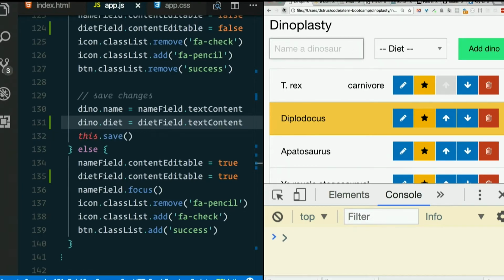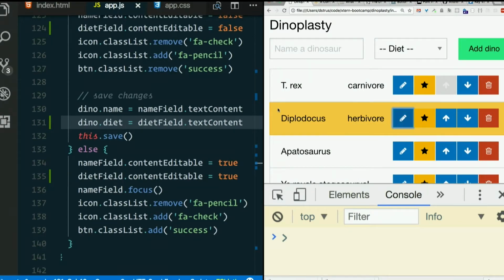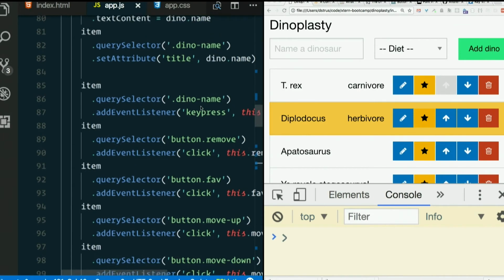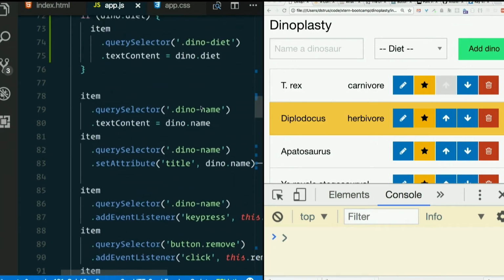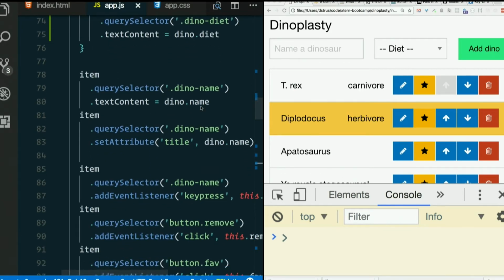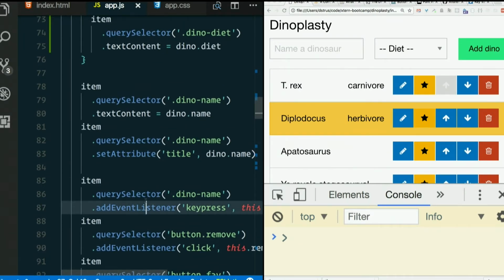Let's see what that does for us. Let's edit Diplodocus. Can I click in there? I can't even click in there. What if I hit tab? Tab will do it. Herbivore. Not listening for enter on that, am I? So we do save on enter. Somewhere. Where's that? Key press, right? So we do it on dino name. Let's just do the exact same thing